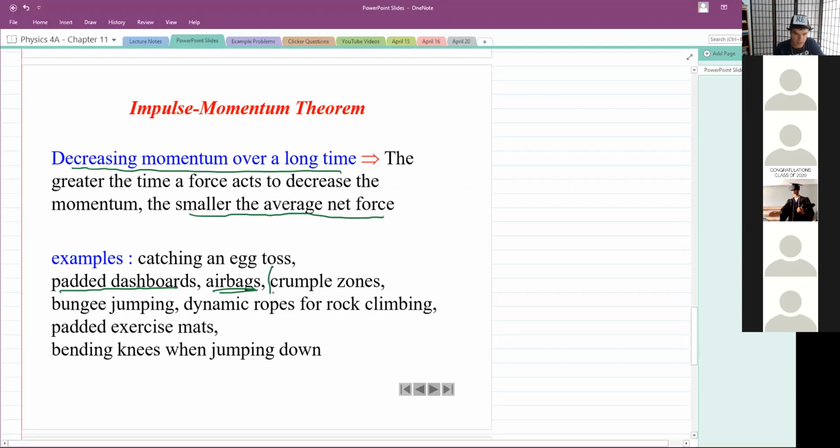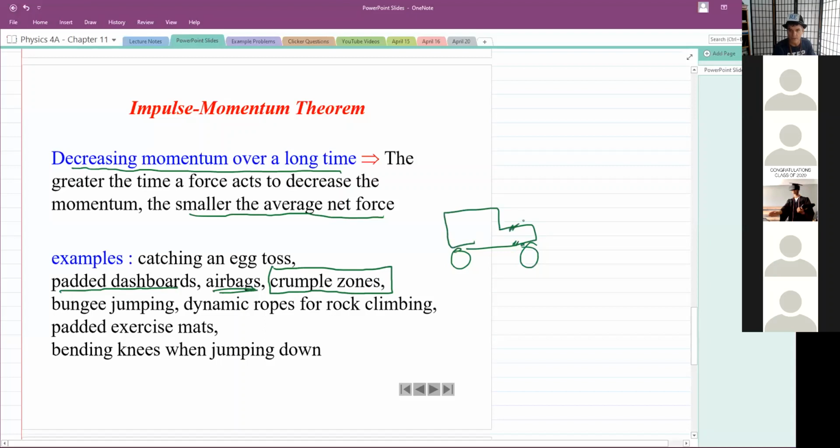And I don't remember if I mentioned this in class or not, but crumple zones. Cars used to be built like tanks, and the thinking was the more rigid the car was, the safer the occupants inside the car would be. But if a car doesn't have any give, that means if you have a head-on collision, you're coming to rest unbelievably quickly, which means the force on you is huge. Well, now cars are built to have crumple zones. And I can't draw, but